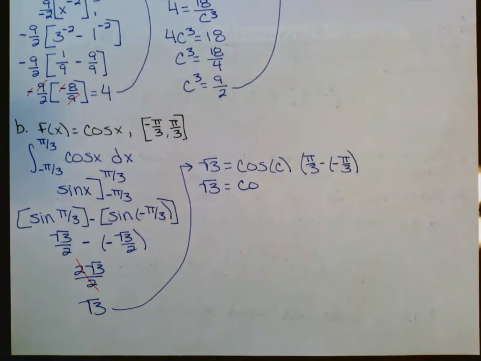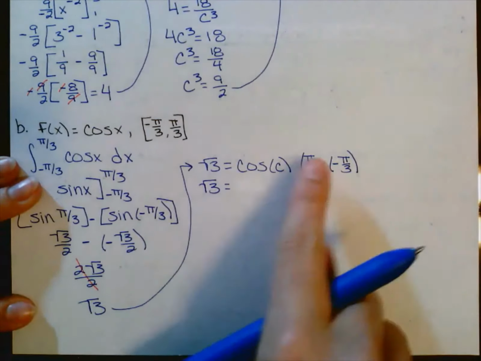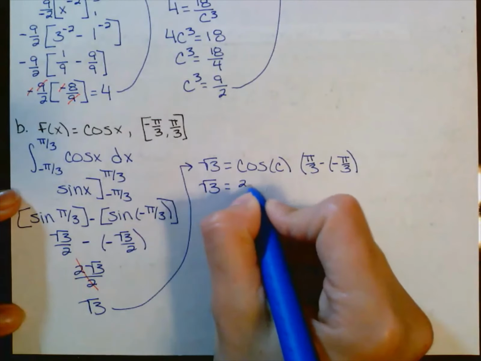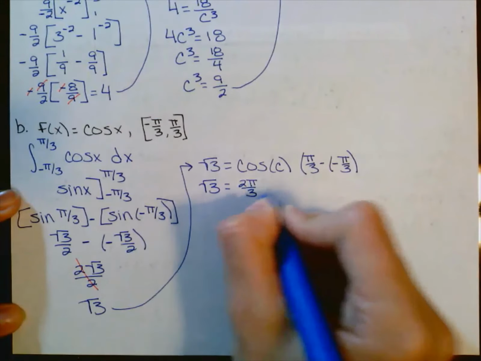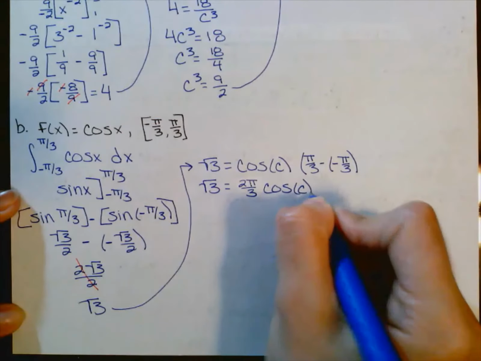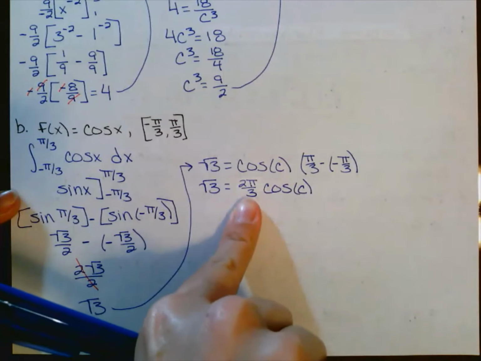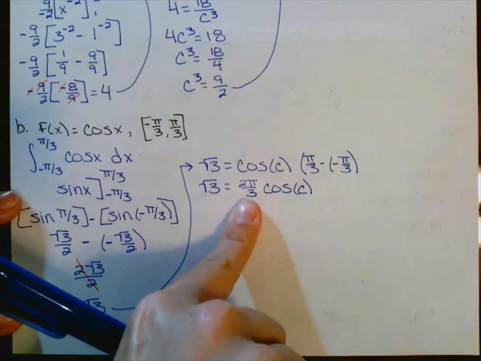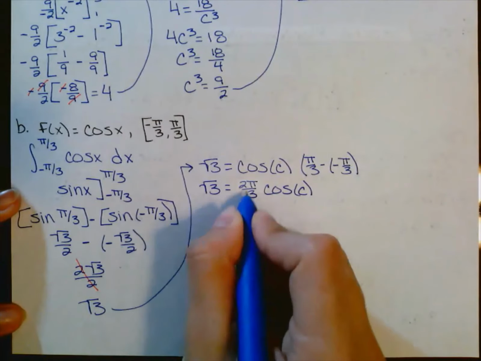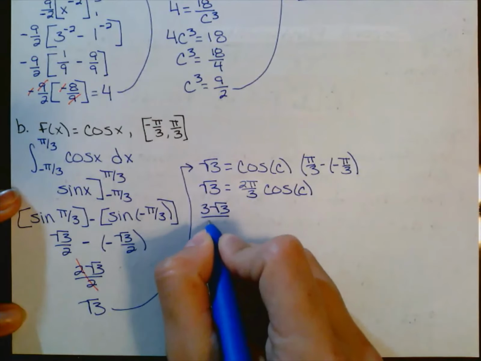Let's write this as a coefficient up front. Two negatives make a positive, so I add, and I'm going to have 2 pi over 3 times cosine of c. Okay? I'm going to divide this to the other side. When I divide by a fraction, I am multiplying by its reciprocal. So if I flip this, I'm going to have the 3 on the top with the radical 3 divided by 2 pi